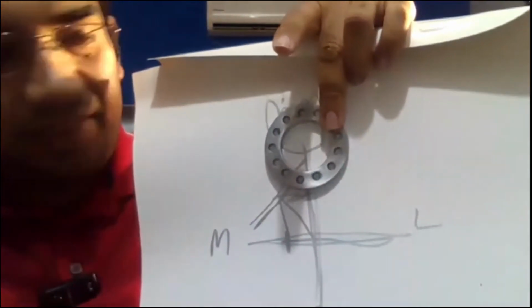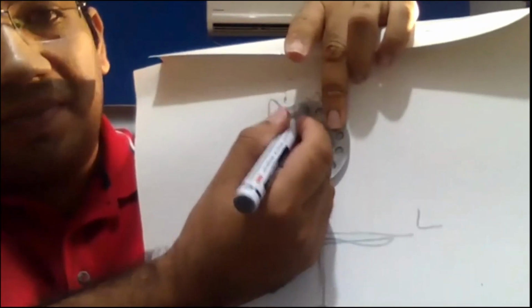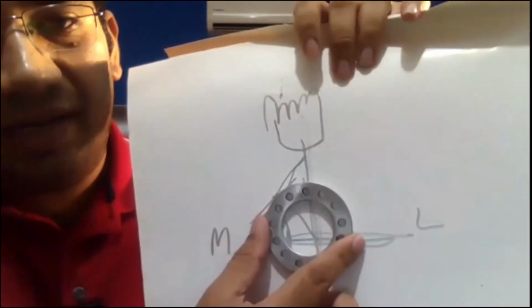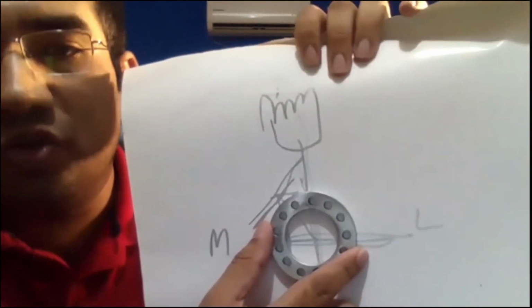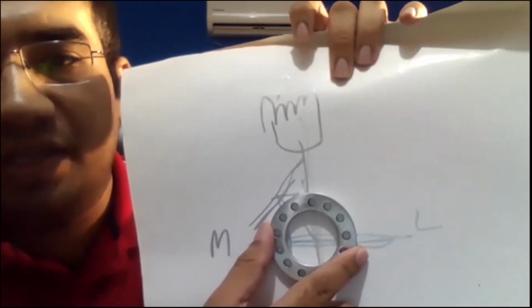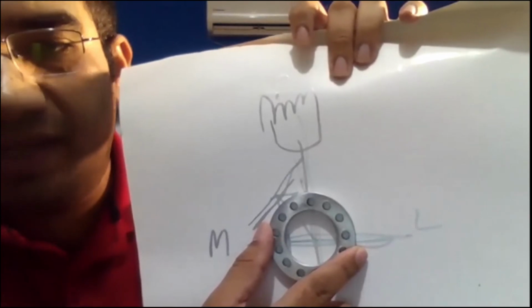I've told you that this is the anterior ring. You can mark it simply with a black pen so that you know that this is the exact anterior ring. When you use two half rings, the exact point where you have joined these two half rings is usually the exact anterior point.